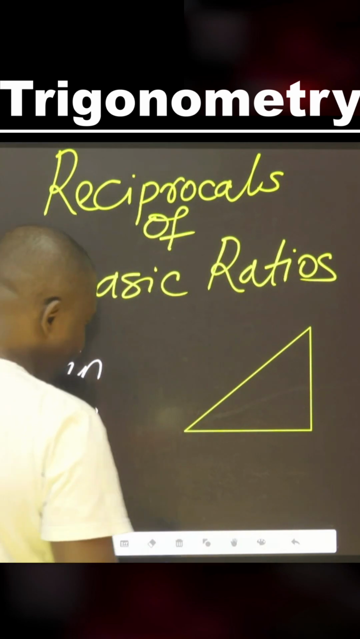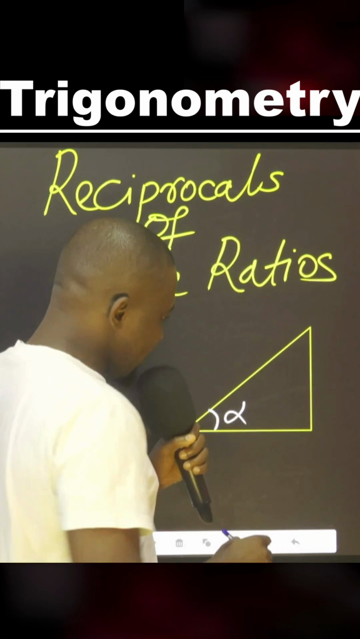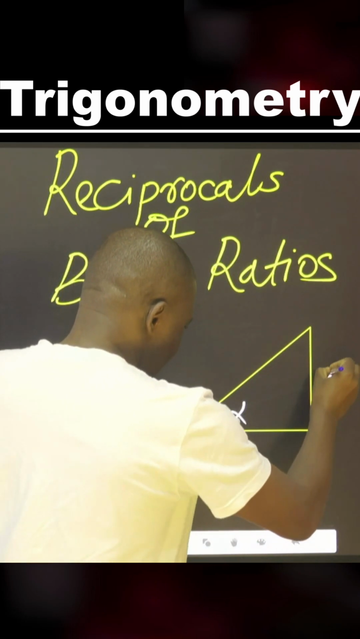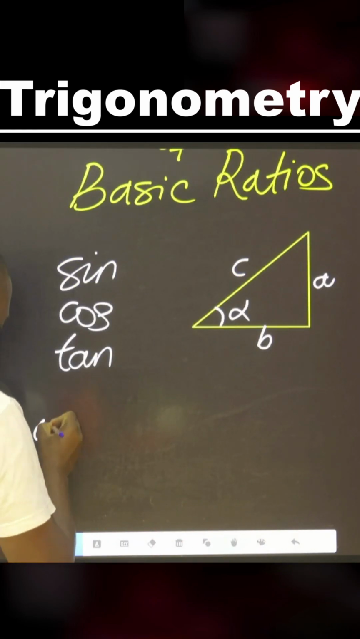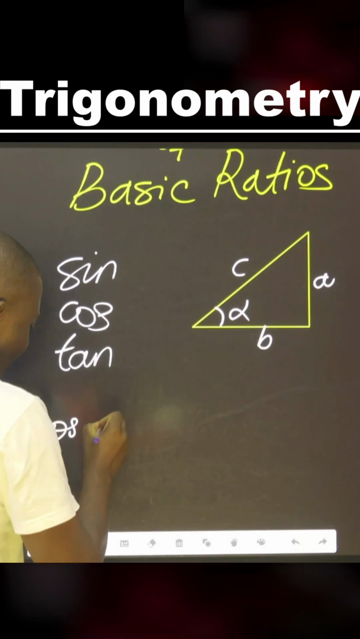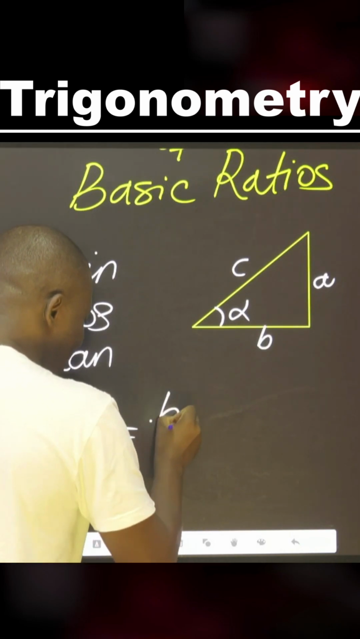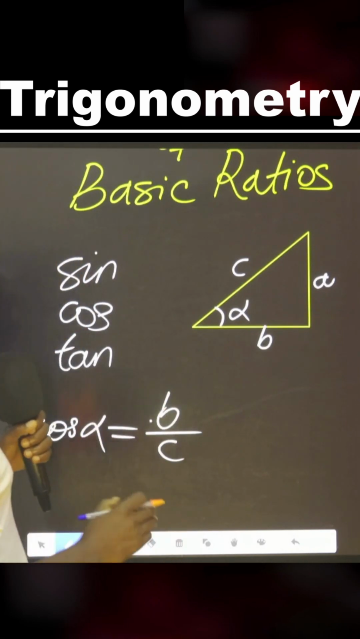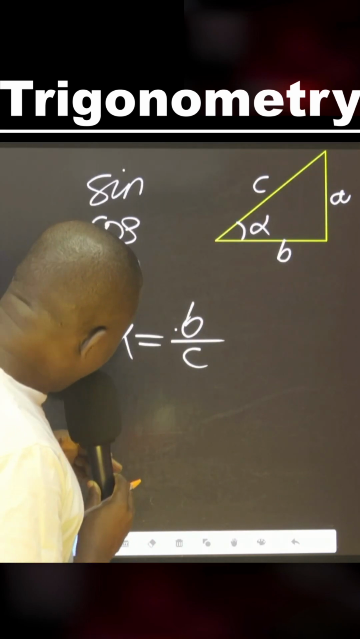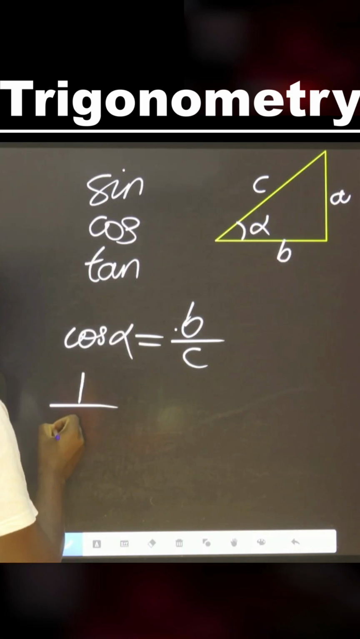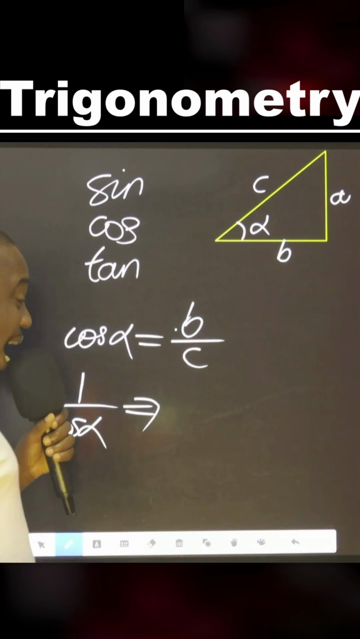for instance, say we are looking at this angle. Say this angle is alpha. For instance, say this is A, this is B, and this is C. Cosine alpha is equal to adjacent over hypotenuse, that is B over C. So, for the reciprocal of this, that is 1 over cos alpha, can also be addressed as